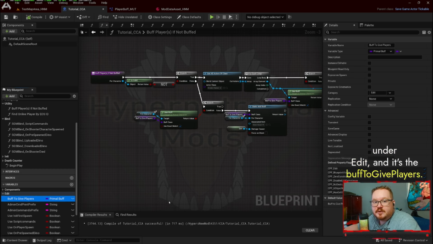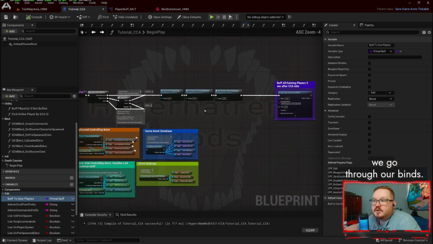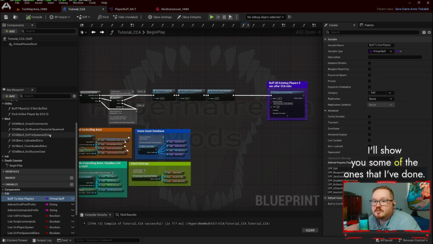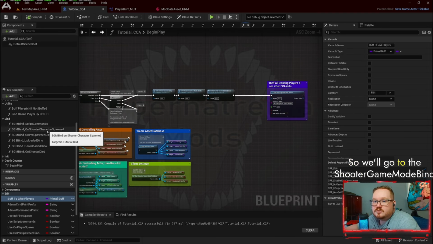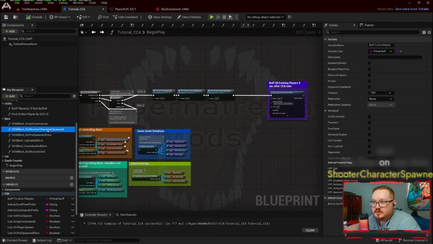And it's the buff to give players. Pretty simple. And then now we go through our binds. I'll show you some of the ones that I've done. I'm going to skip the script commands because I'm going to go over those pretty in depth in just a minute. So we'll go to the shooter game mode bind on shooter character spawned, and this fires